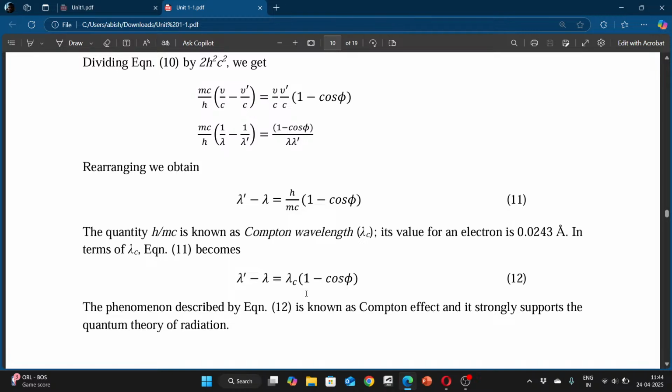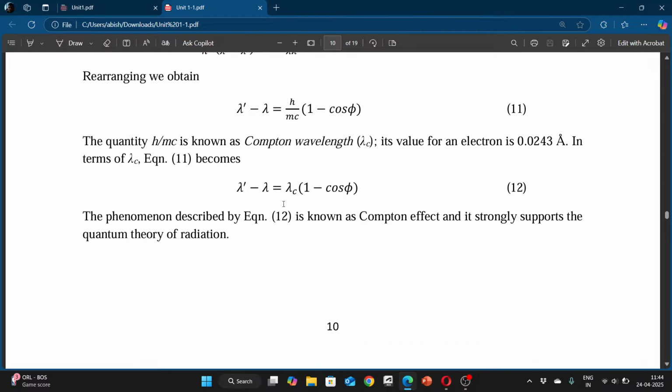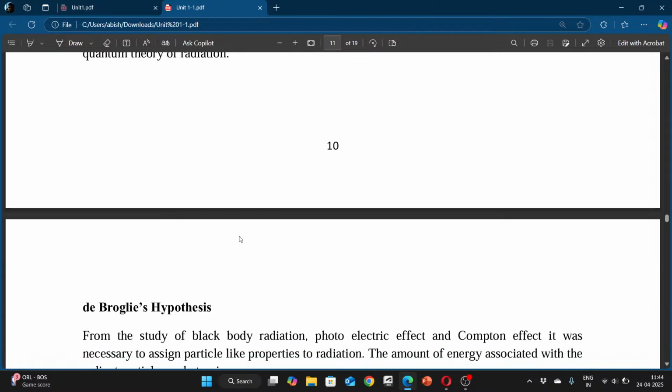तो इधर से क्या आया, and value of Compton wavelength for electron is equal to 0.0243 Angstrom, which is 0.0243 × 10^-10 meter. So λ' − λ = λc (1 − cos φ). ये फाइनल इक्वेशन आ गया।